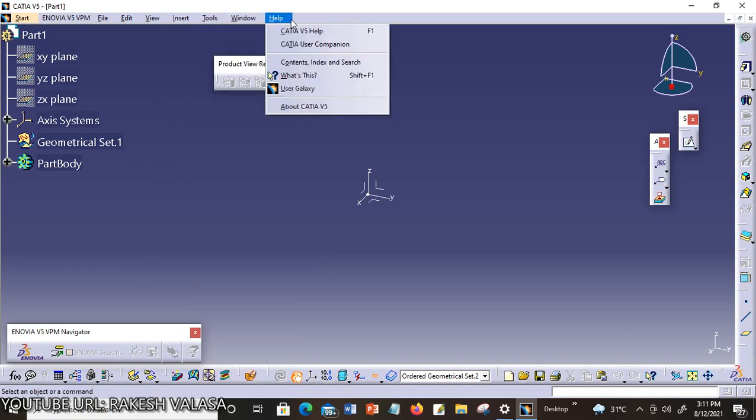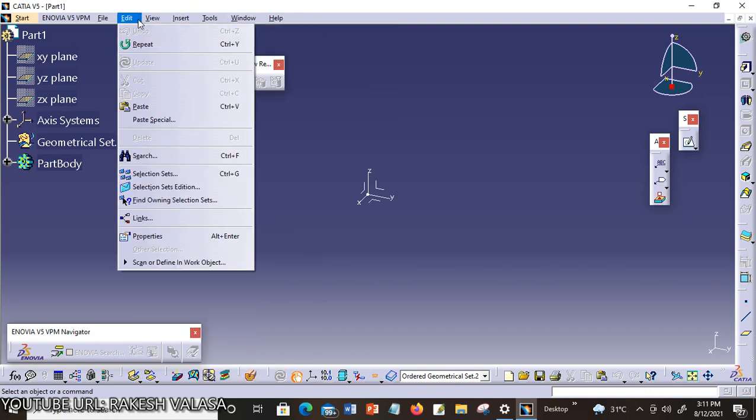Each menu in the menu bar contains options for performing a specific category of tasks. For example, the edit menu contains undo, repeat, update, cut, copy, paste special, delete, search, selection sets, etc.